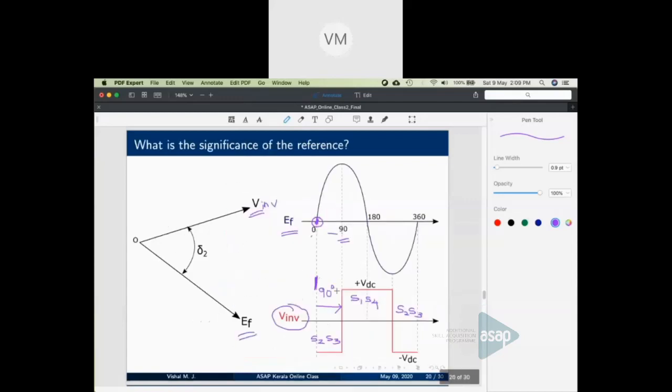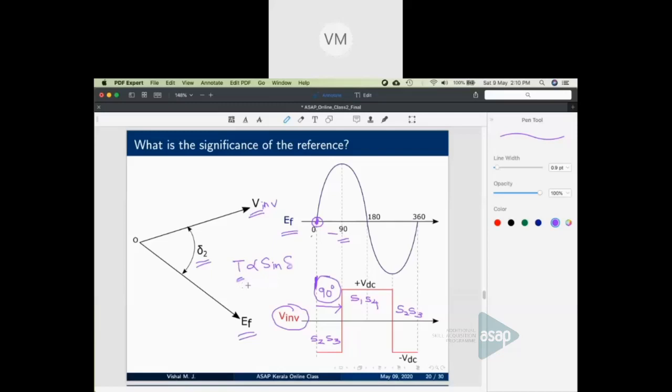See, I'm coming back to this slide. Here I have shown delta 2, but here I have drawn 90 degree. What is the advantage of keeping this one 90 degree? Because torque is proportional to sine delta. If delta is 90 degree, then torque takes its maximum value. Which means if you use such a machine, the best dynamic response is possible, because the machine accelerates with its maximum torque, and if it decelerates, it does so with the maximum possible torque. Thus, in minimum possible time, you can attain your new speed.